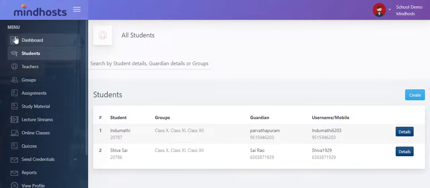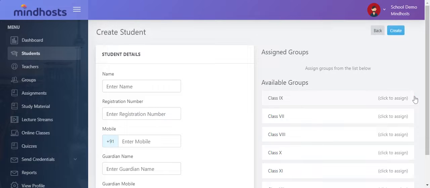Now, this is the dashboard. Let us try to add a student and create an account for the student. Enter the name of the student, demo student,